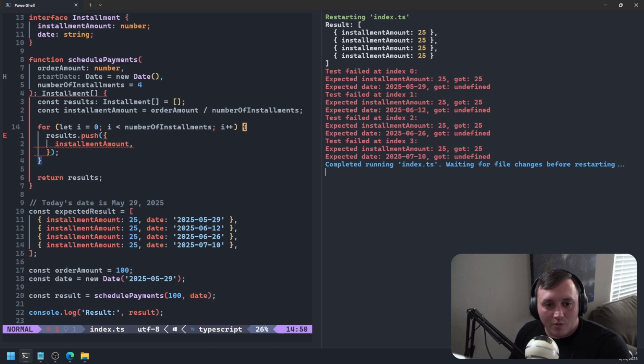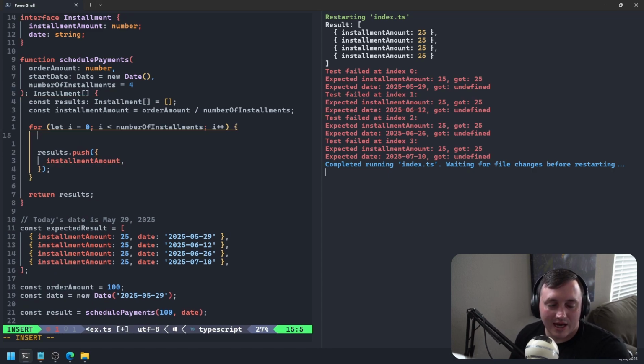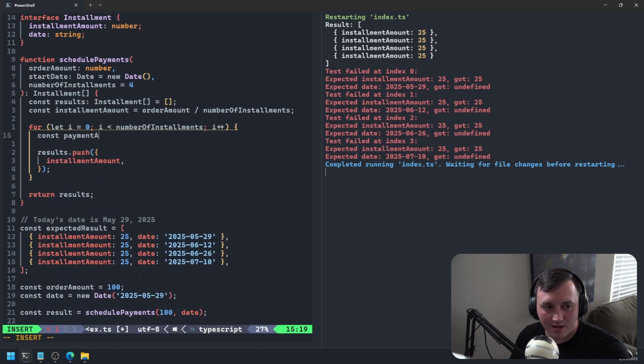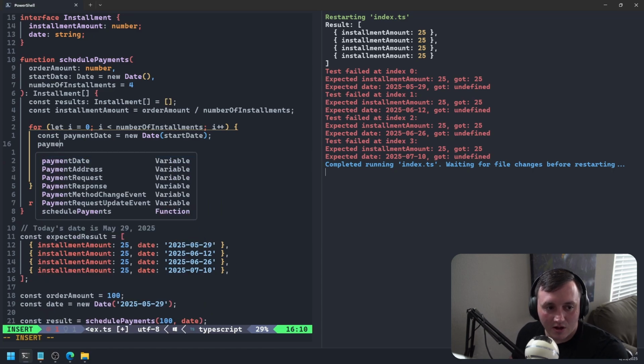All right, so what I would do here, inside my loop, is calculate this date. I would say, okay, const paymentDate is going to be equal to a new Date object, and that new Date object is always going to start at the start date, right? So I can say new Date takes in the existing start date object. And the reason I want to create a new date is because when I call setDate on this payment date,